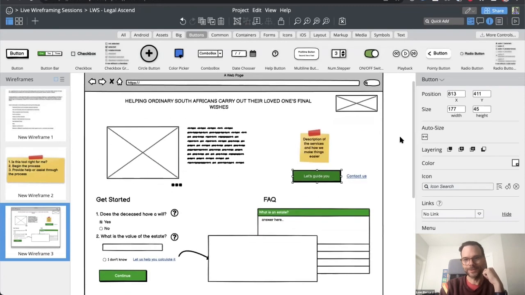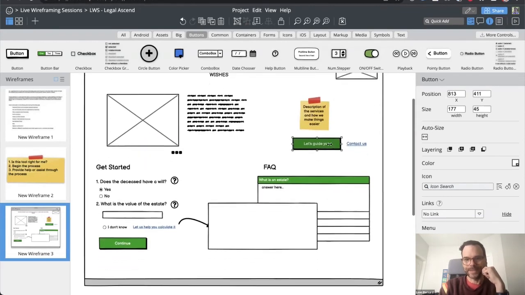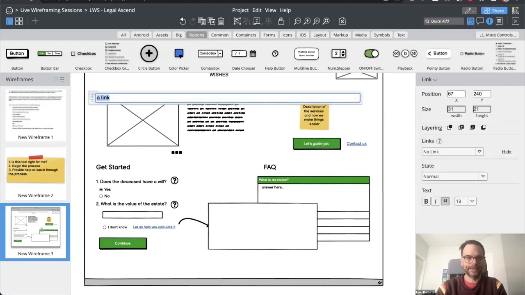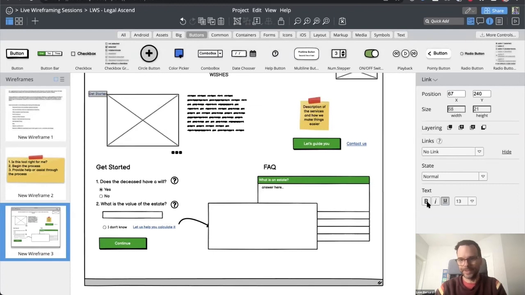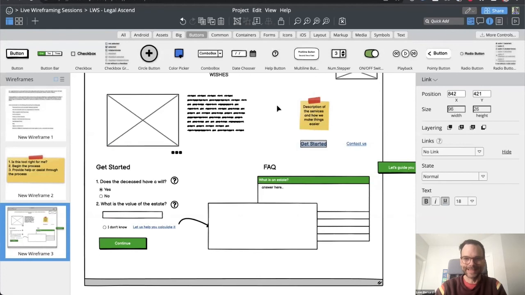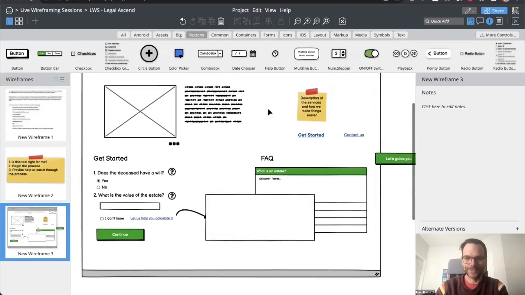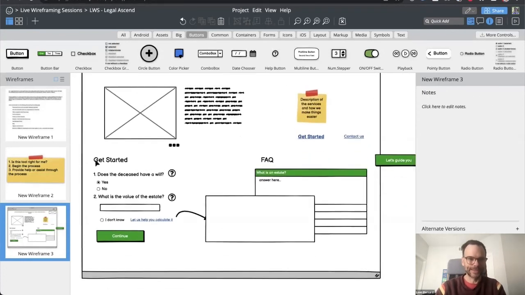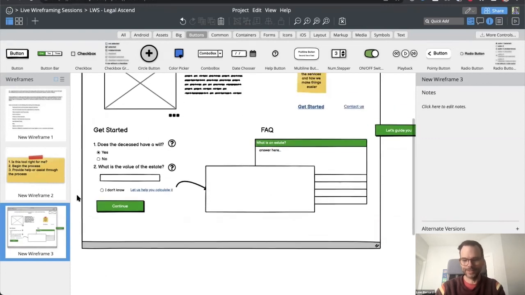Or maybe this is a link that says get started, a bolder link, but it's a weak call to action, something that invites them in the top half of the page to do something, but really all it does is jump to this part of the page.